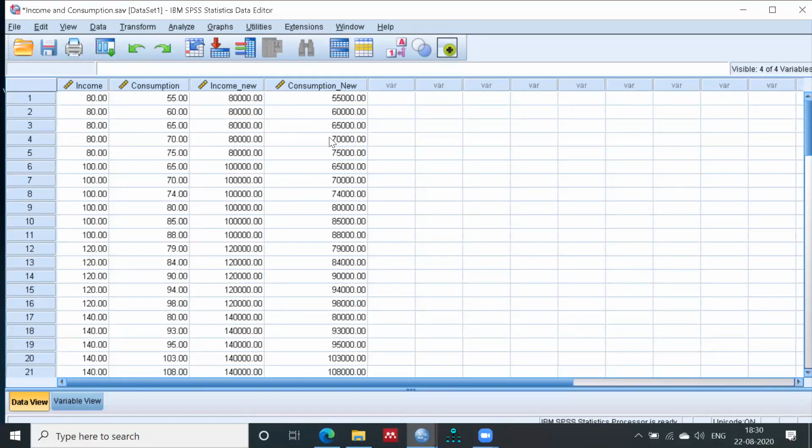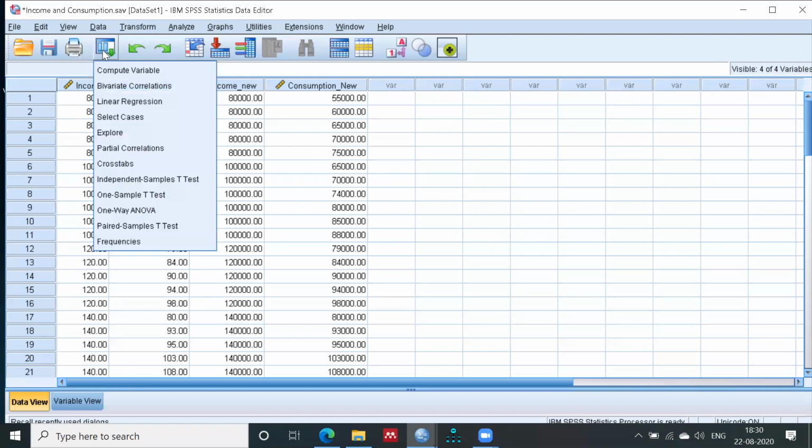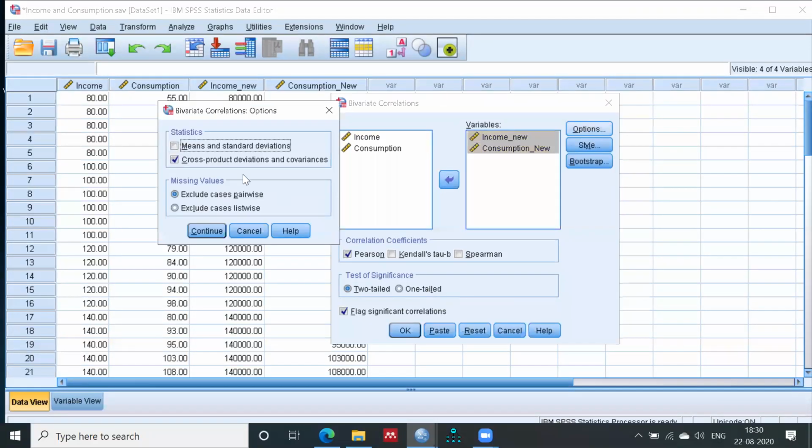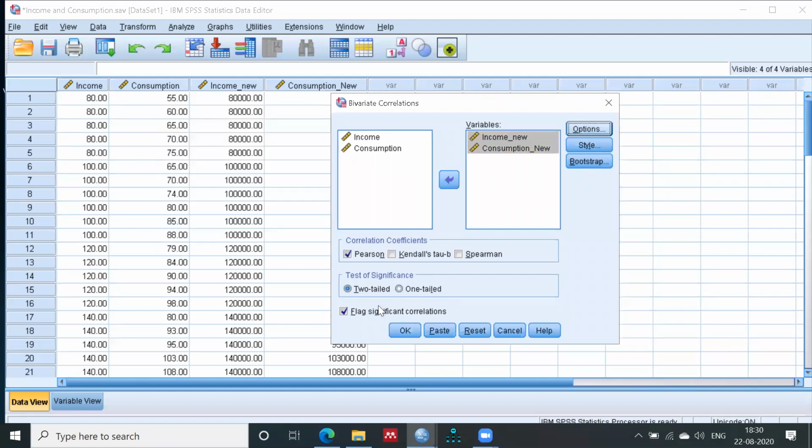Now I am going to apply the same correlation again, but on these new variables. So go to Bivariate Correlations. This time I will not take these variables; I will take only these new variables. And covariance is already selected. Continue.